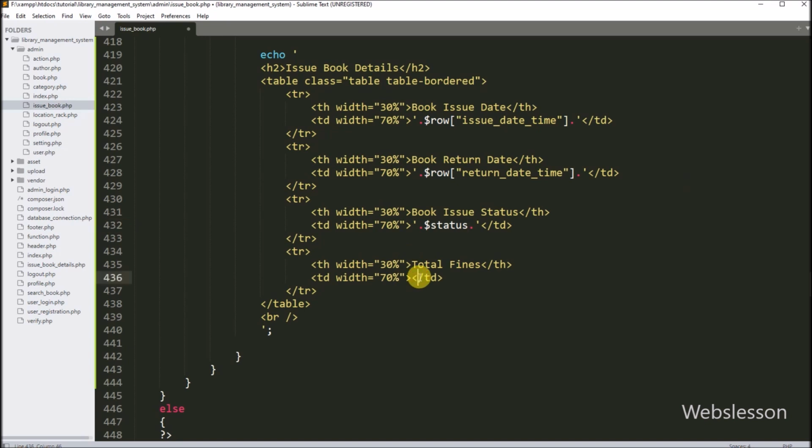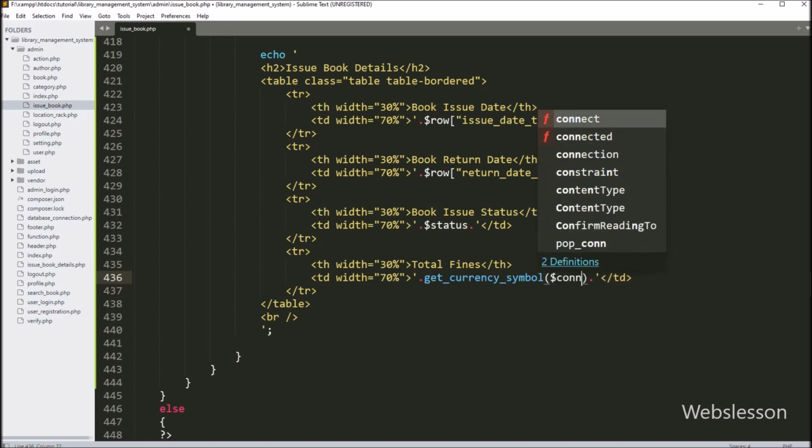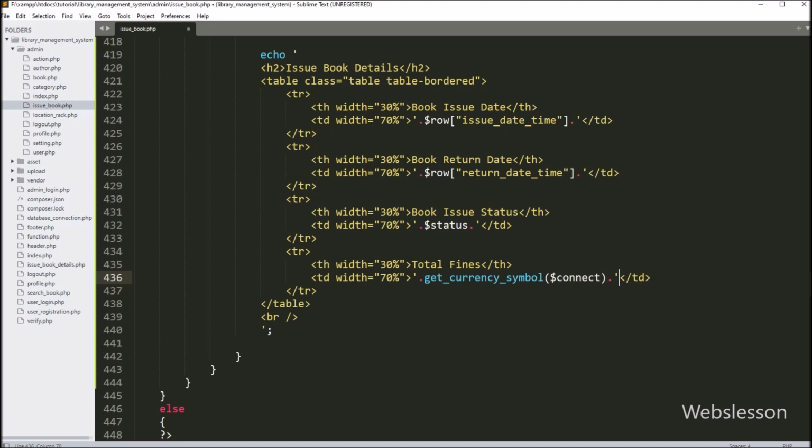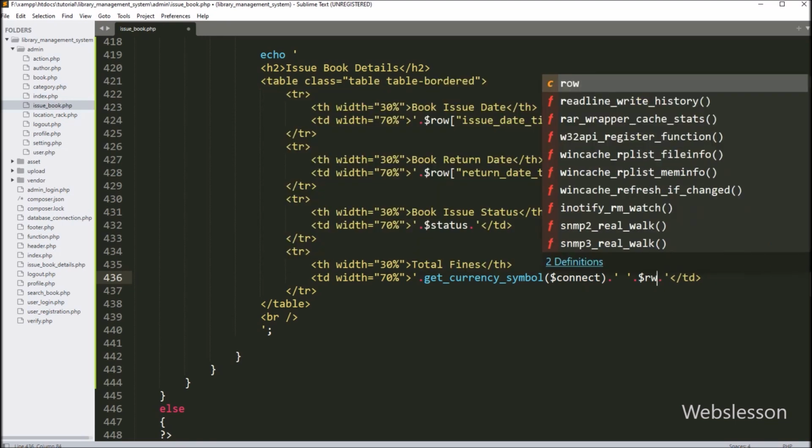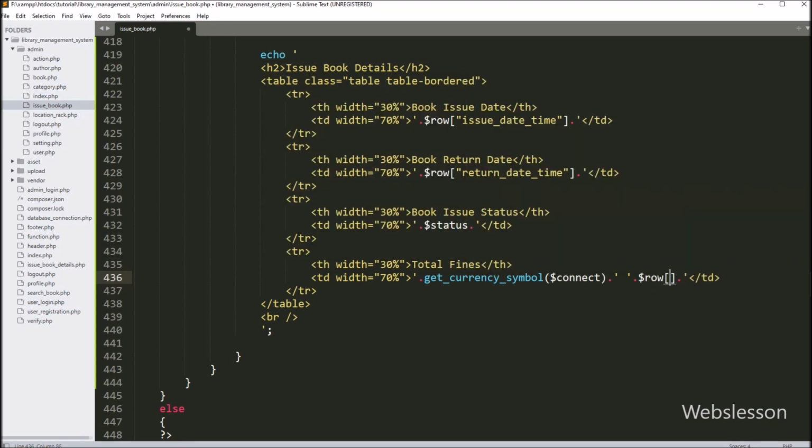And now we want to display late return book fines value, so first, for display of currency symbol, here we have to call the getCurrencySymbol function with $connect variable as parameter, so this function will return the currency symbol. And after this, for display of book fines value, here we have to write $row book_fines variable. So it will display book fines value on the web page, so here our code is ready.